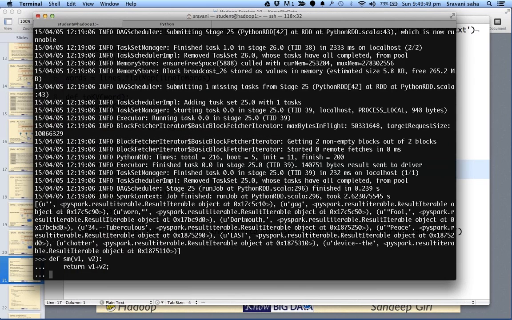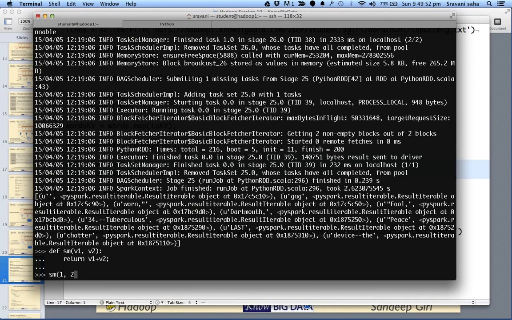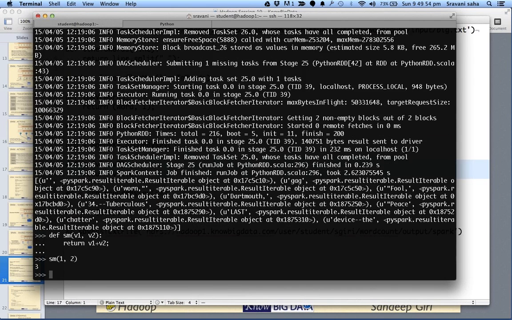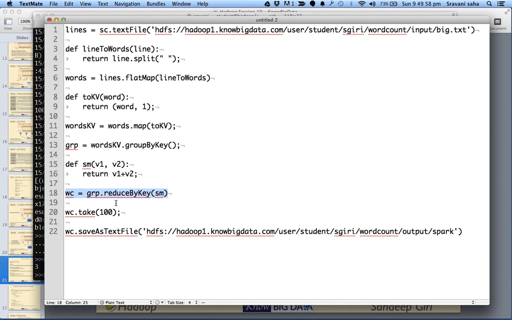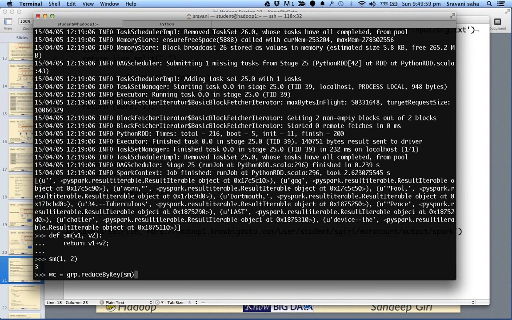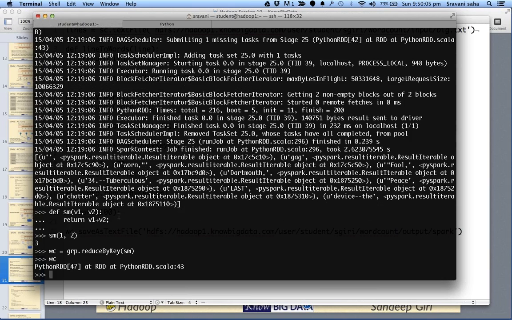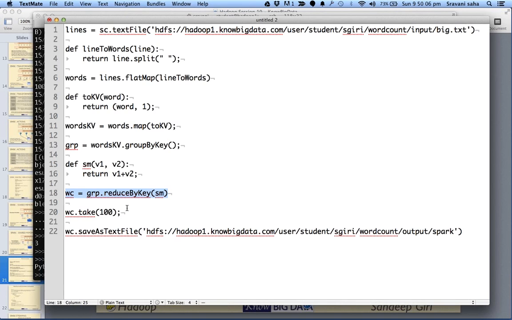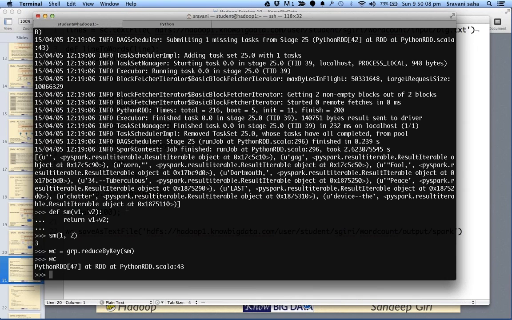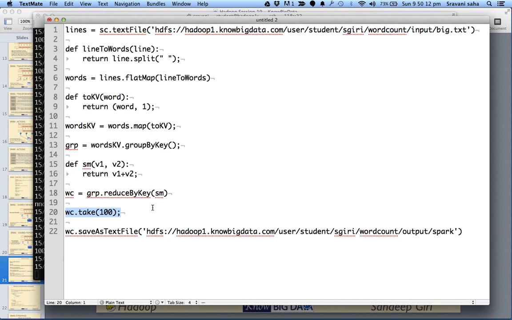So let's define our function which will do some operation. Let's check whether our function does something. It basically sums up two values. Now we are saying we want to reduce by key. We say wc is this, and next we can just check what is there inside word count.